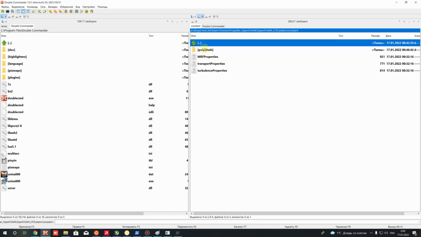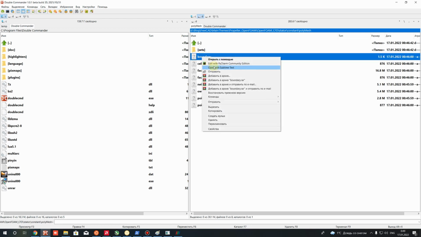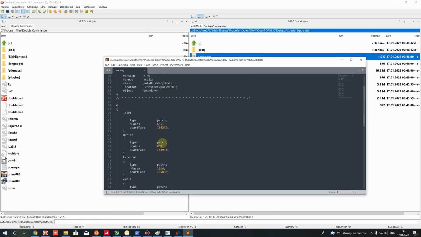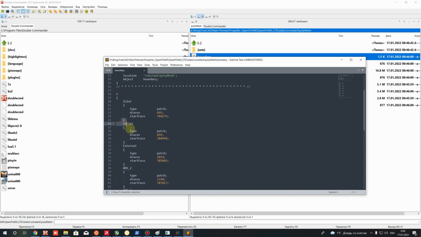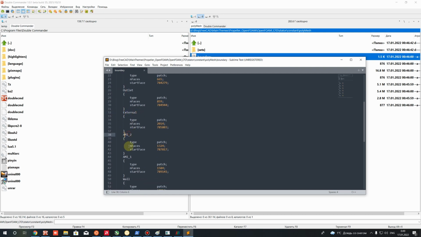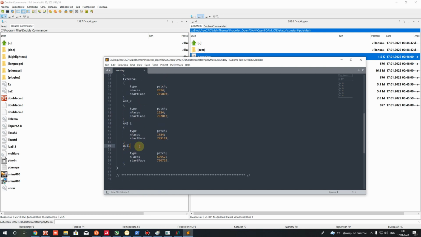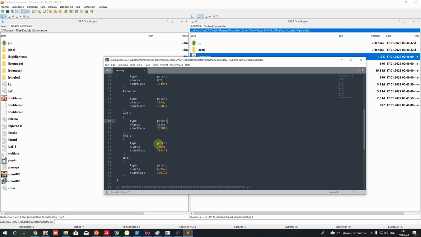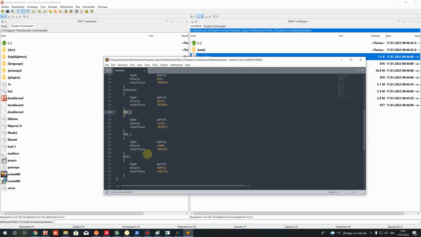Let's go to polyMesh, to the boundary file, open it, and here you can see inlet, outlet, external, ME2, ME1, and wall patches. But we have to change the patches. For ME, we will be using the cyclicAMI interface for ME1 and for ME2, and for wall we will